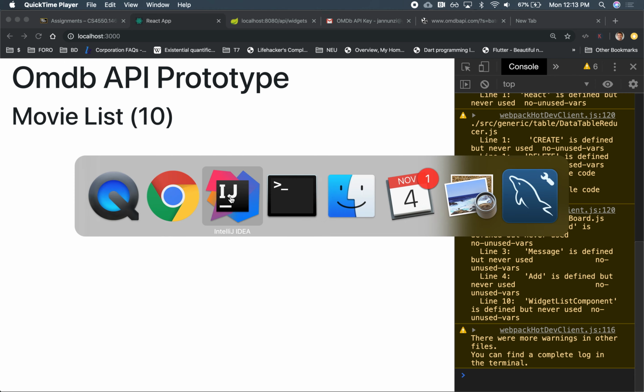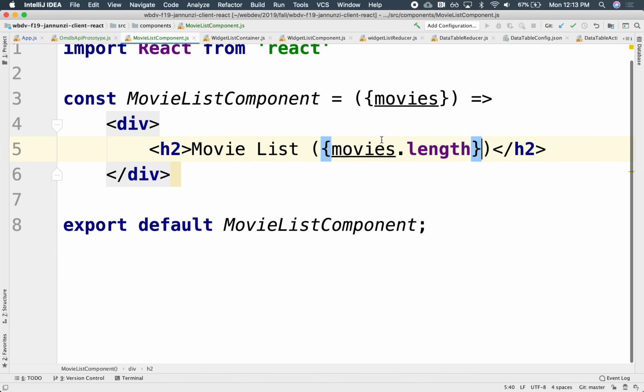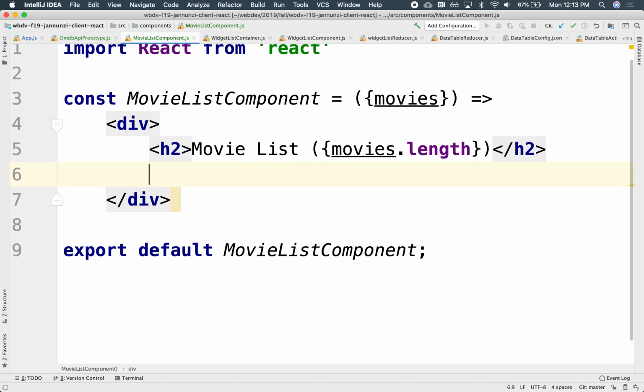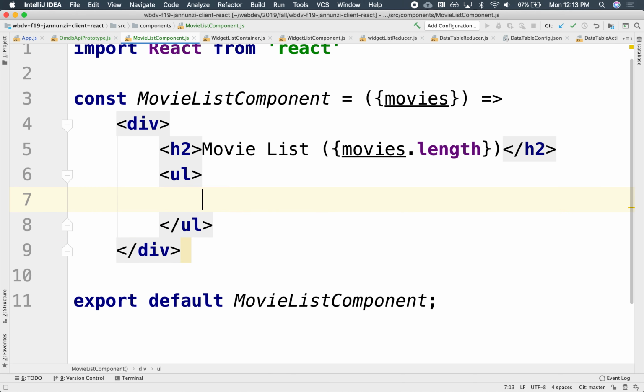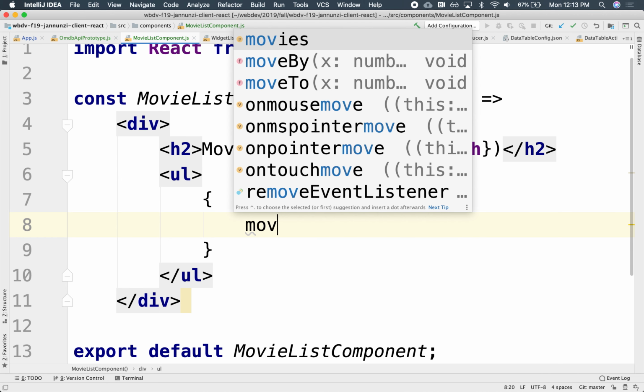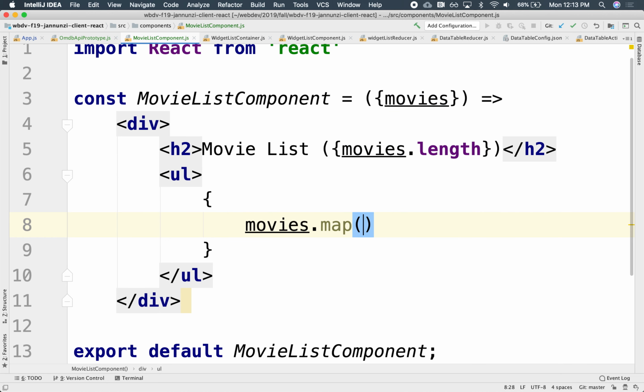All right. So let's focus on iterating over this array of movies, perhaps as an unordered list. Right. So let's maybe use UL, and then in here we can display the movies as different line items. So what we could do is iterate over the movies. We can say movies dot map. So it's iterating over those movies, and for every movie that it retrieves, we're going to return